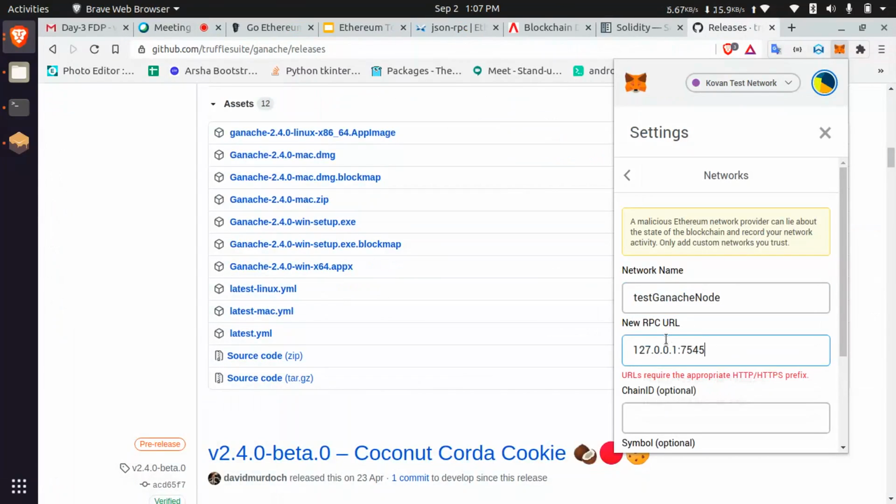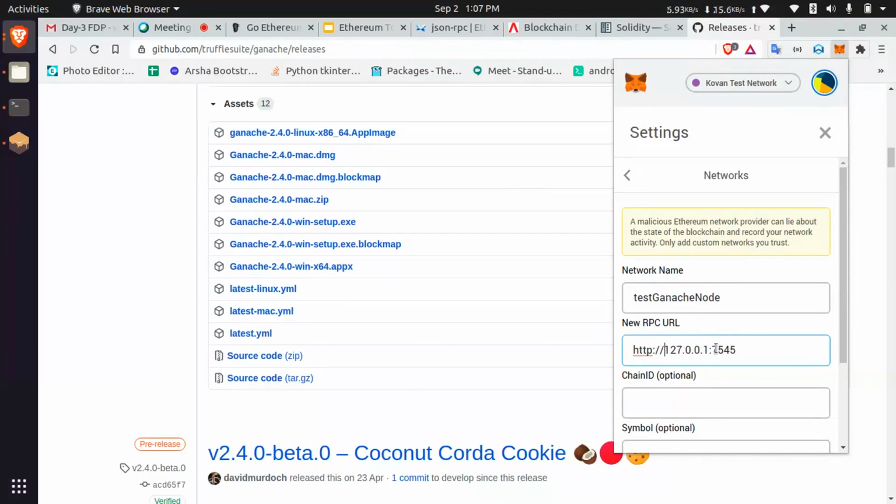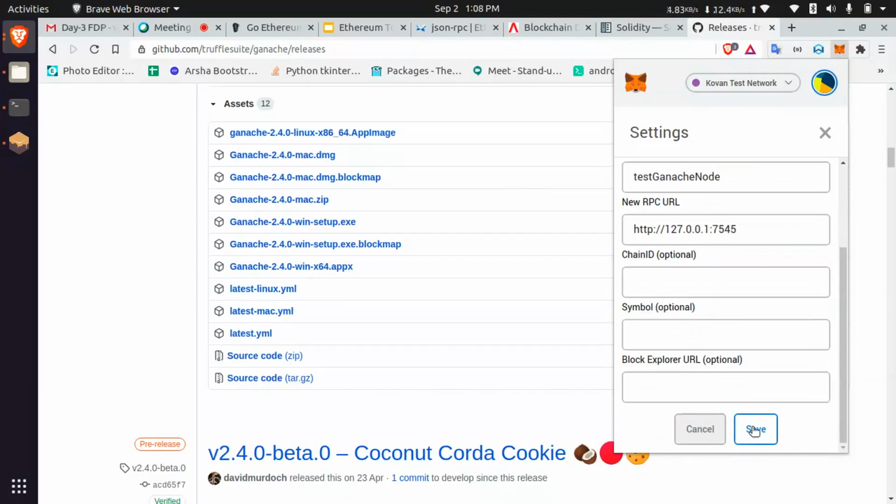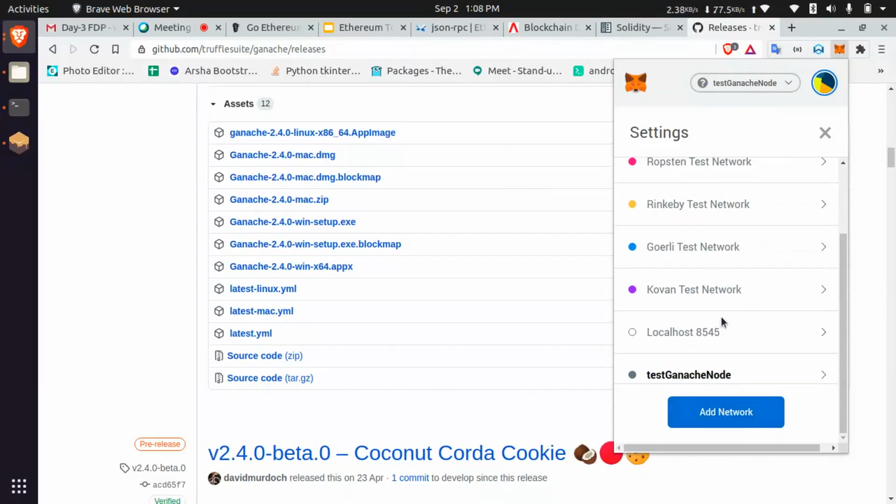Then I am adding HTTP colon double slash. Whichever port number you are giving, that port number you need to put here. Chain ID is optional. If you want to enter it, you can. Otherwise, you can leave it blank. Okay, my test Ganache node is added.